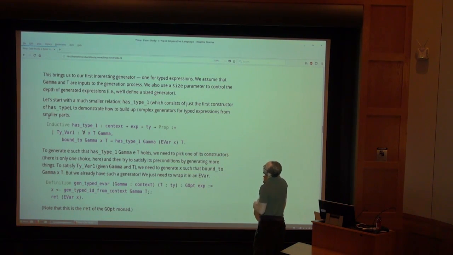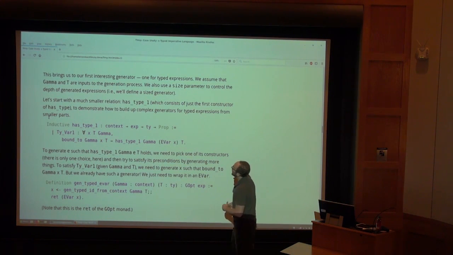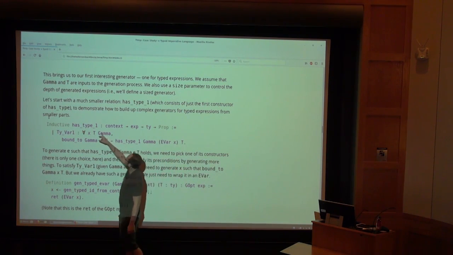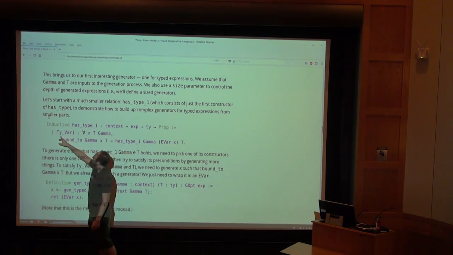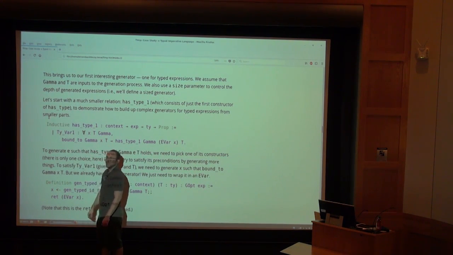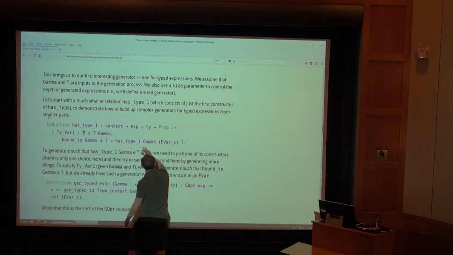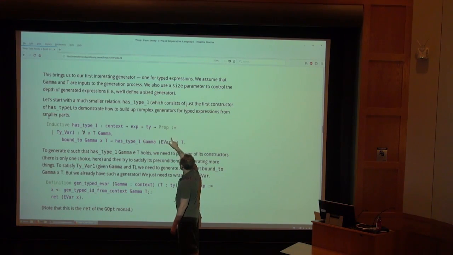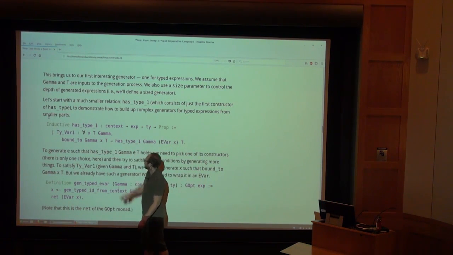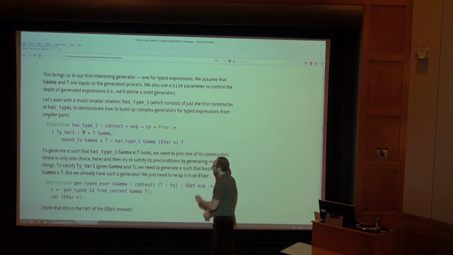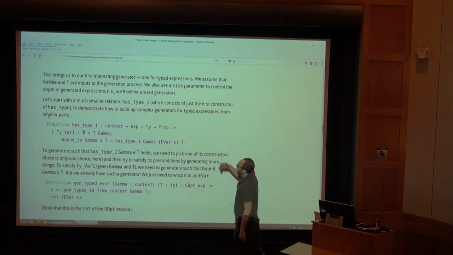So the first relation I'm going to introduce is going to be has type 1, which is literally just the first constructor of the has type relation. We start with variables, and the variable has a specific type if the identifier is bound to tau in gamma. Now, in order to satisfy this relation,